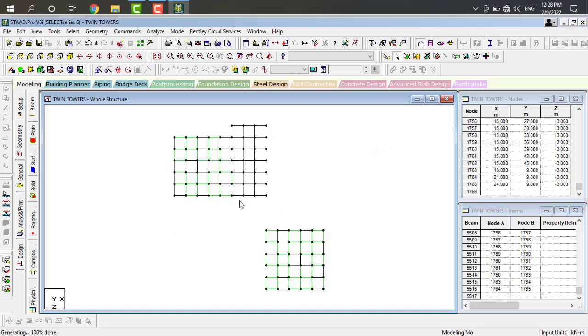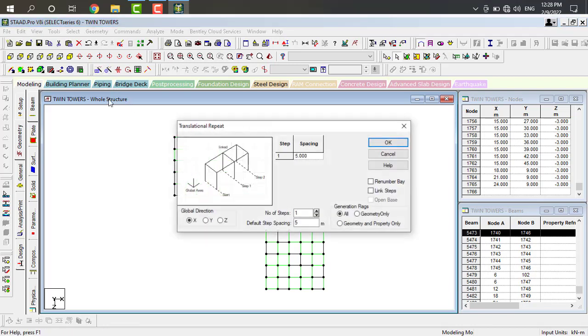Now again I want to select all these side beams. Again go to translation repeat and give the translation repeat in positive Z direction.